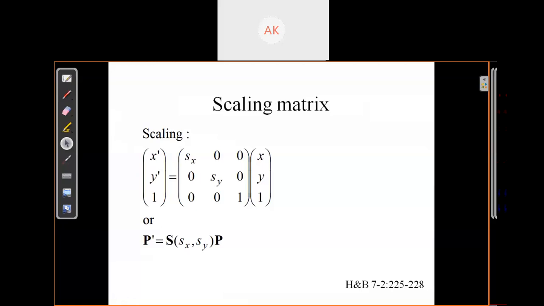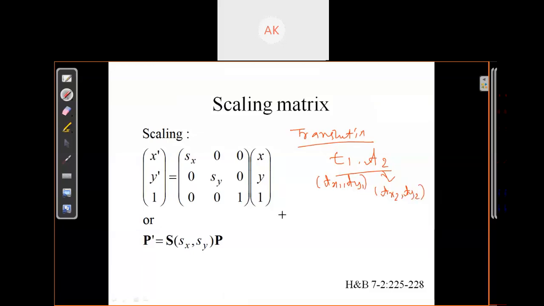So for the first case, just consider we have the translation case. We want to translate our object two times: translate T1, then again translate T2. Means there is a sequence of two transformations, T1 followed by T2. T1's translation parameters are Tx1, Ty1, and the translation parameters for translation 2 are Tx2 and Ty2.